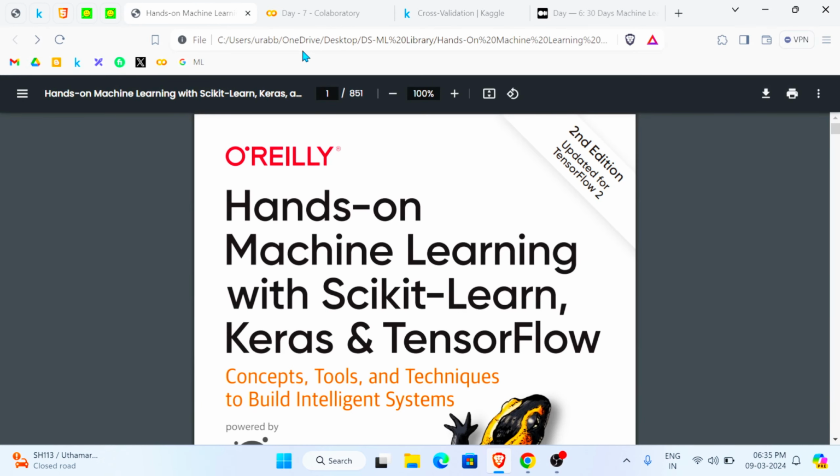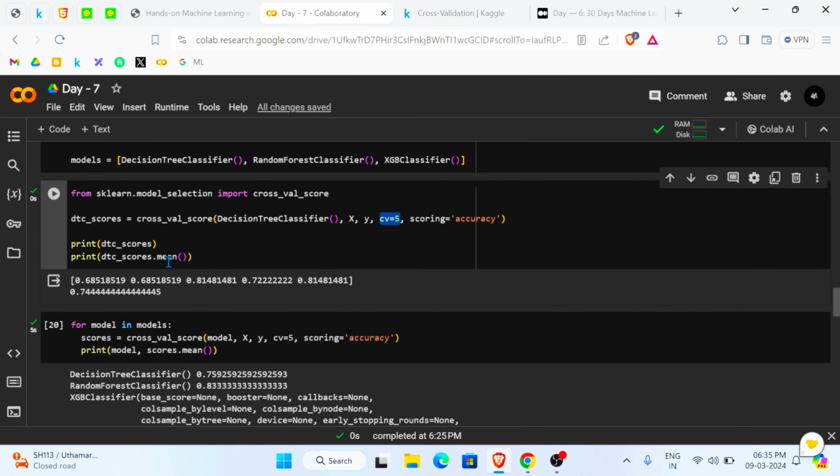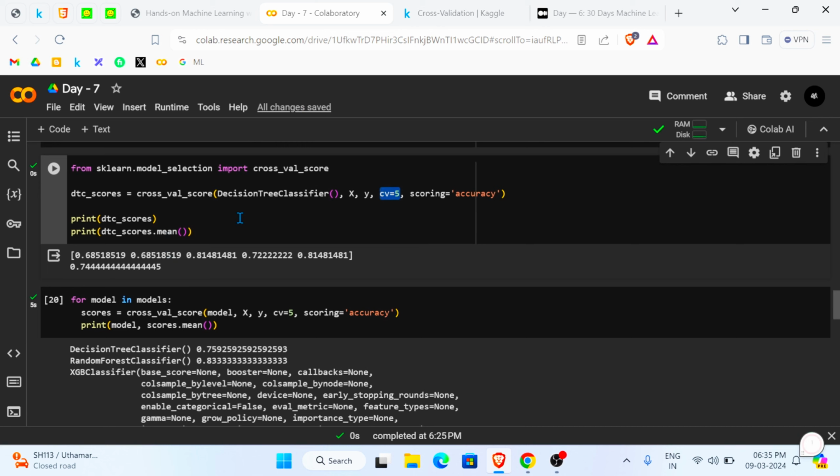This is a great book from which you can learn. And after that, we will get five values, right? These are the five values we got for decision tree. If we take the mean of this, this is what we got. This is saying that our model, the decision tree classifier model, is giving an accuracy of 74,